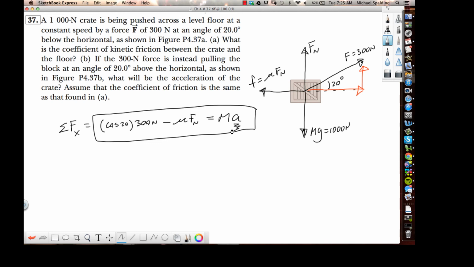Hey, who can tell me why the box will accelerate now? What changed? Ultimately, what changed in the problem? What changed that's going to cause the box to accelerate? Two words. Normal force. The normal force changed. Why did the normal force change? Well, because look, is this 300 Newton force pushing the crate into the table or into the ground? The 300 Newton force is now pulling the crate kind of off the ground, which is going to change the